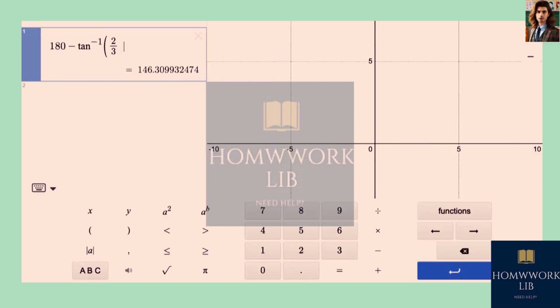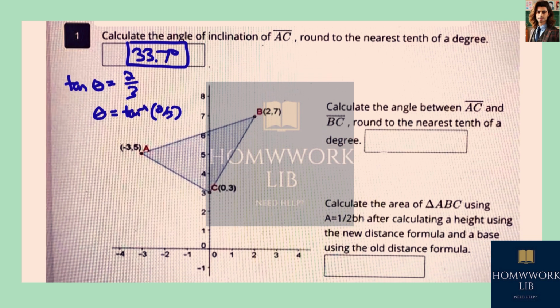Okay, then we want to calculate the angle between AC and BC to the nearest tenth of a degree. Well, the length of AC, by using the Pythagorean theorem or the distance formula, would be the square root of the difference between your x's, which is 3 squared, plus the difference between your y coordinates, which is 2 squared, or 9 plus 4 is 13. So it's the square root of 13 exactly. BC is the square root of the difference between the x coordinates, 2 squared, plus the difference between the y coordinates, 4 squared, or 4 plus 16, which is 20